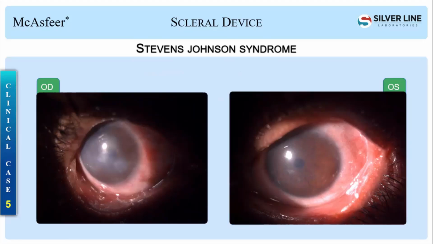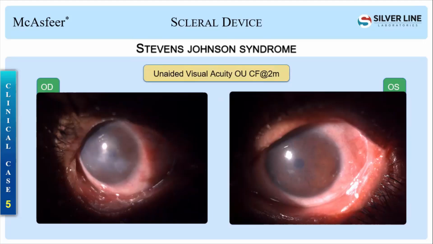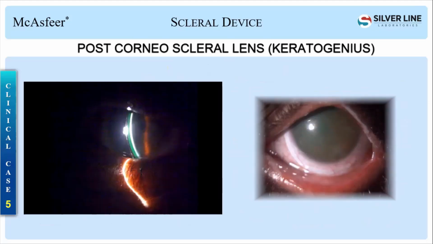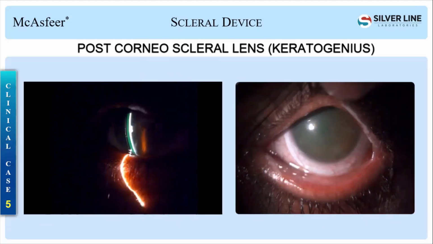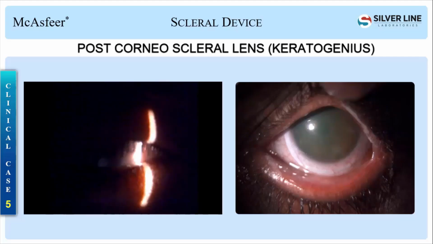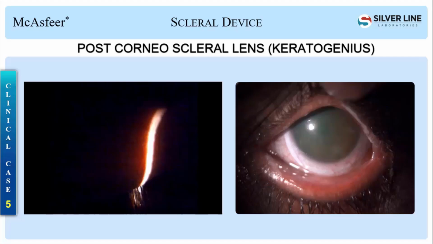Here the neovascularization is more. He was using his left eye a lot more than the right eye, so he couldn't understand that after the scleral lenses he can open his eye. So we started the basic scleral lens trial. His fit came out good, but we couldn't get certain photos because the patient was not able to sit with his head down. So we asked the patient to wait with the lenses on for 1 or 2 hours, so that he would know he can open his eyes.